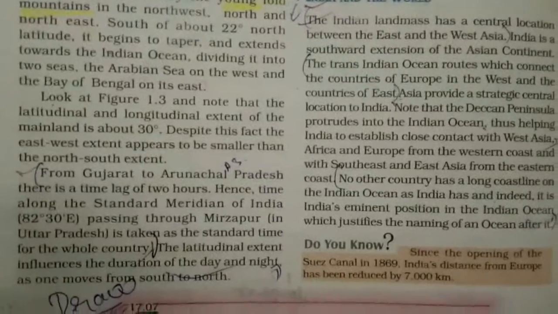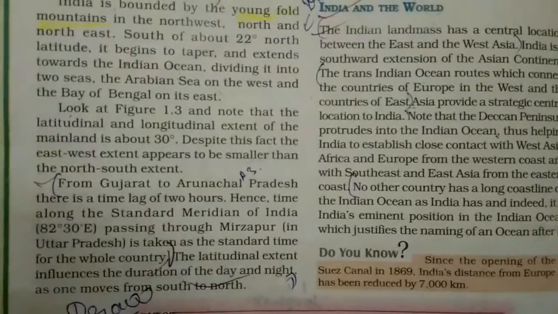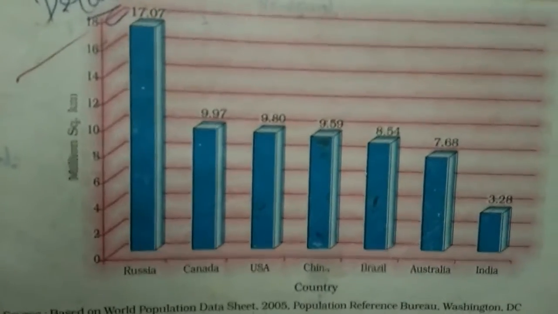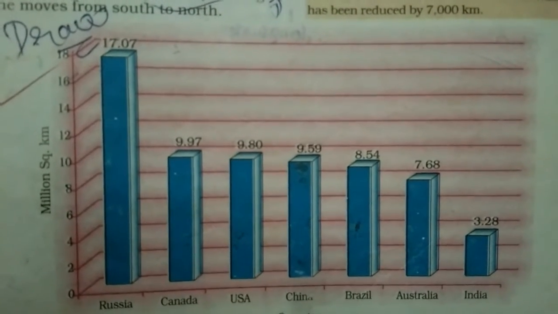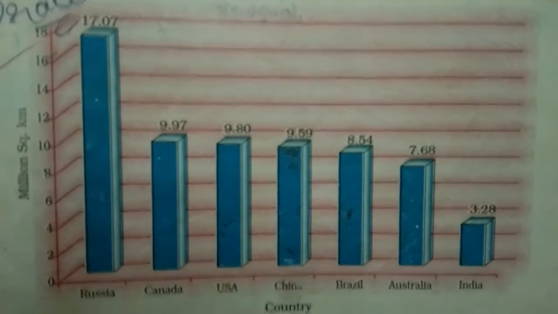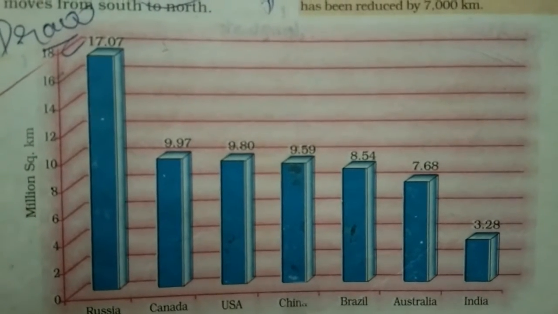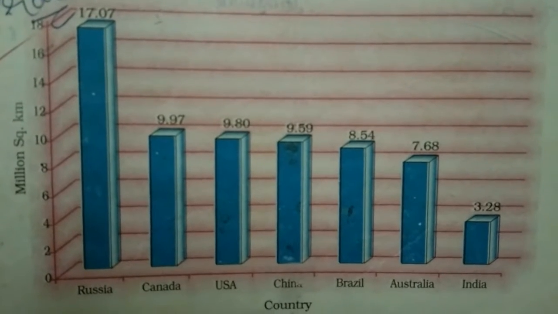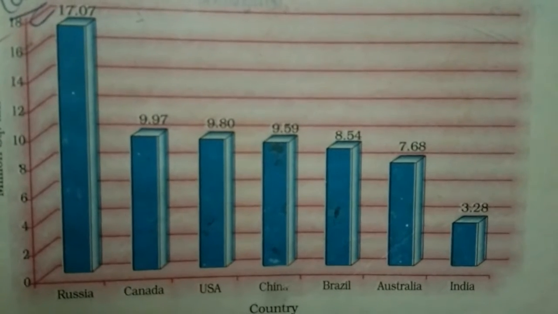Now I'll discuss the seven largest countries of the world. As you can see here, based on population India is second, but as per area, India is the seventh largest country. Though it's old data, one thing is that area doesn't change. For population, you may go for the latest data, but as per area, the data won't change.